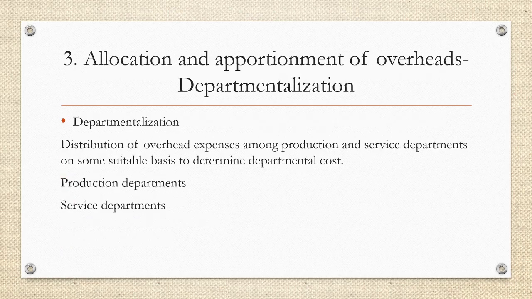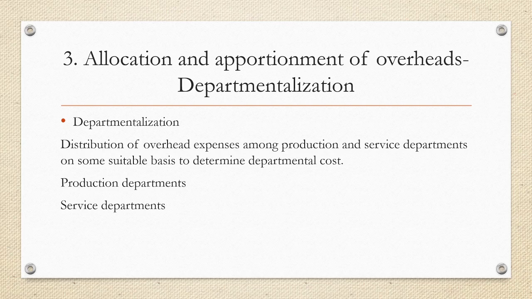Now once we have classified as well as codified the overheads, the next important task is departmentalization, which is nothing but the allocation and apportionment of the overheads. So before we go for departmentalization, we need to understand the concept of production departments and service departments. We have the production department where the goods are actually manufactured, or the production activities are done, and the activities are directly connected with the production of the articles. And we